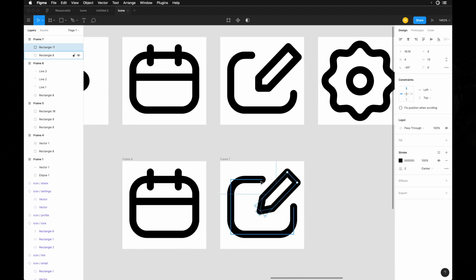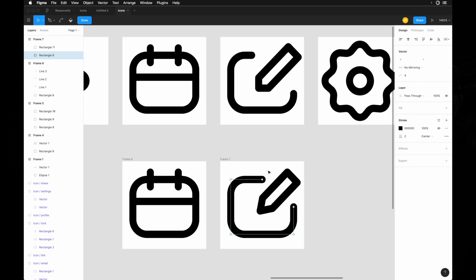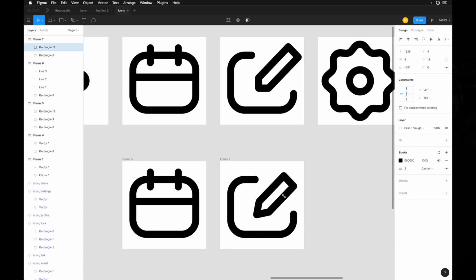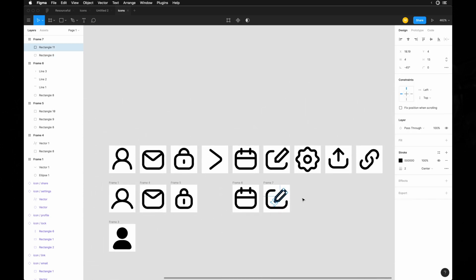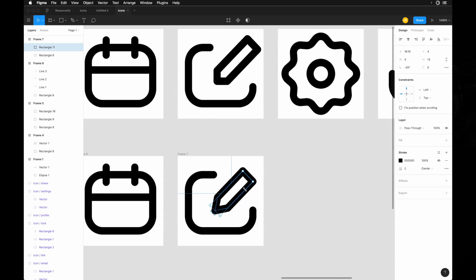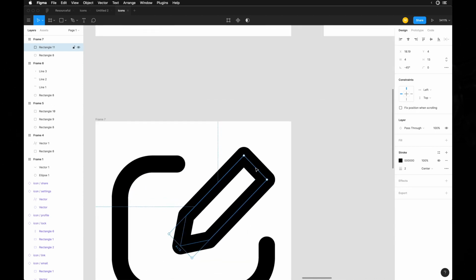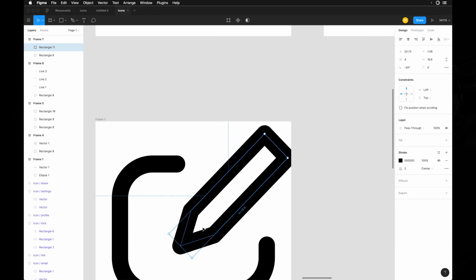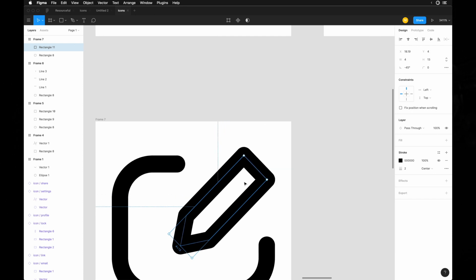So what we can do is go back into this shape and select that point, move it over, let's say 2 pixels over, 2 pixels down, and maybe we can bring that back in a little bit. And if we want, we can make this pencil a little bit longer. But if we scale it, you can see we're kind of messing up our angles right here. So we can either